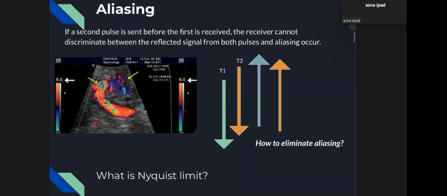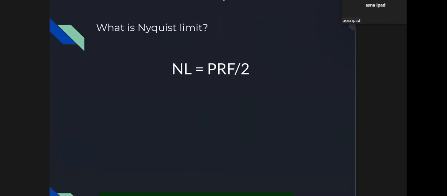What is the Nyquist limit? Nyquist limit represents the maximal Doppler shift frequency that can be correctly measured without resulting in aliasing. It is defined as